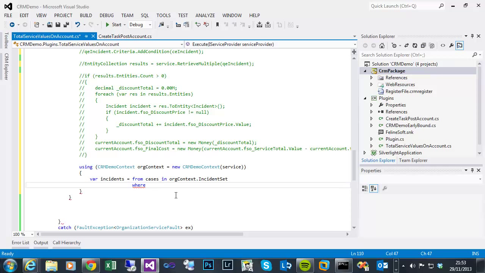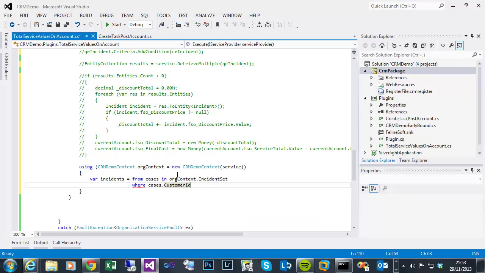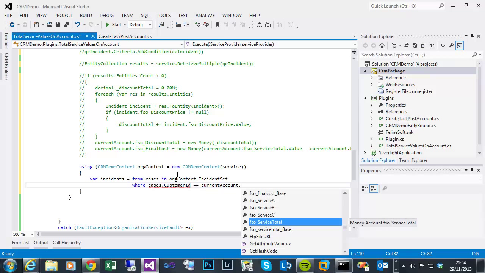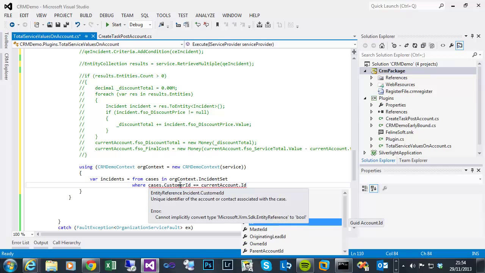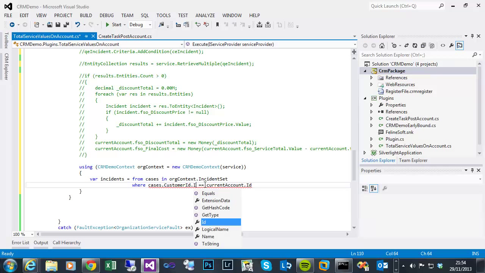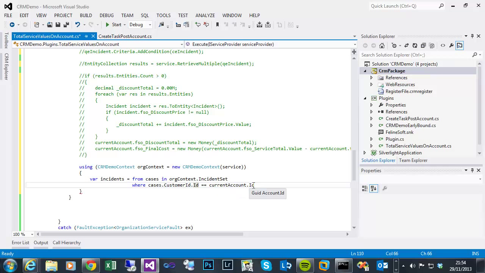Now because this is all early bound, we'll have a strongly typed query, so we can say from where cases dot, we've got the customer ID strongly typed property equals the current account ID. So that's an entity reference. So if we say the ID property of that customer ID equals the current account's GUID, and then